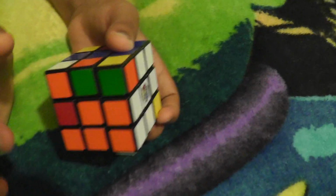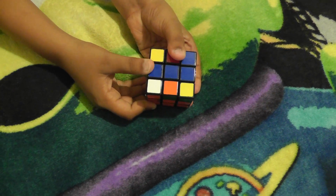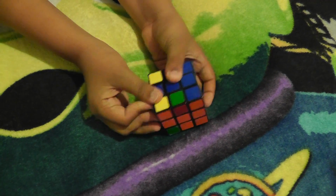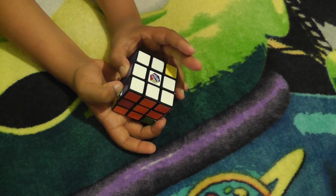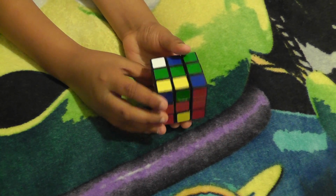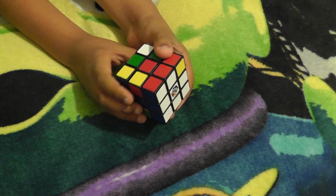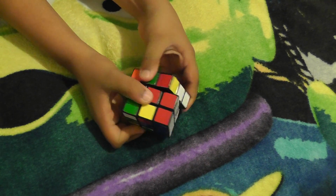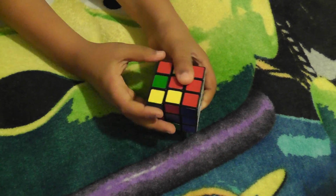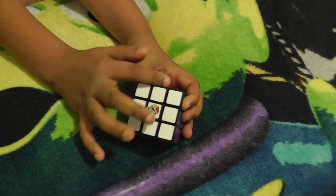White, blue, and orange. So now what we need to do is face it, and we move it away, we bring this down, we move it in, and you bring it up. And see, we have one last corner to go. Let's look for that. We found it right here. And since it's to the right, we move it away, we bring this down, we move this back, and you bring this up. And now, as you can see, we're done with the whole top